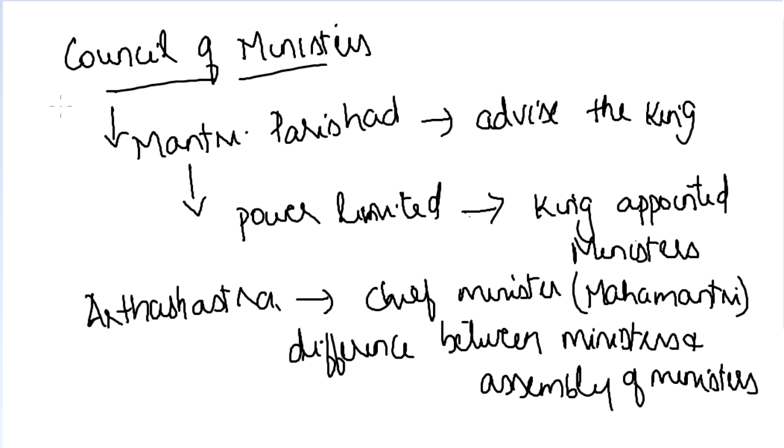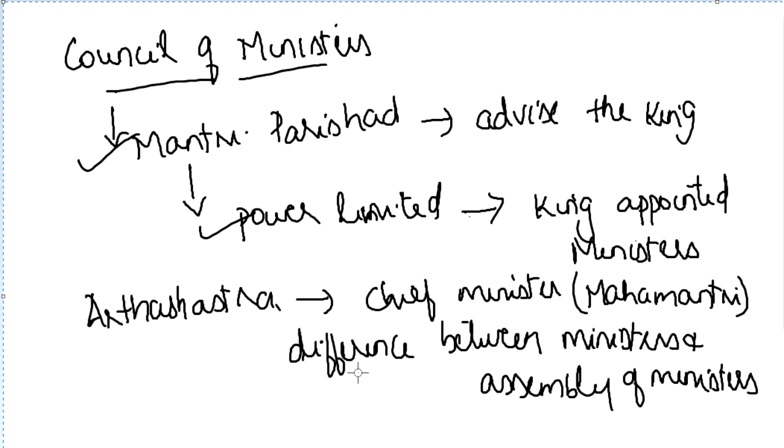So, the Council of Ministers or the Mantri Parishad advised the king. Their power was limited. Why? Because the ministers were appointed by the king. Now, the Arthashastra tells about the chief minister or Mahamantri, and it also distinguishes between the ministers as well as the